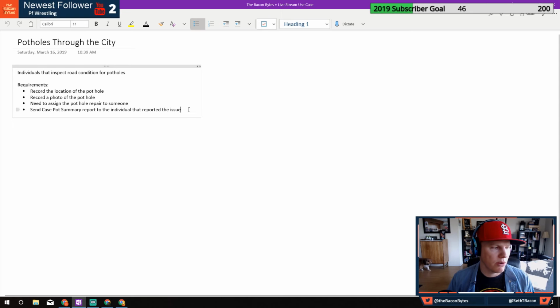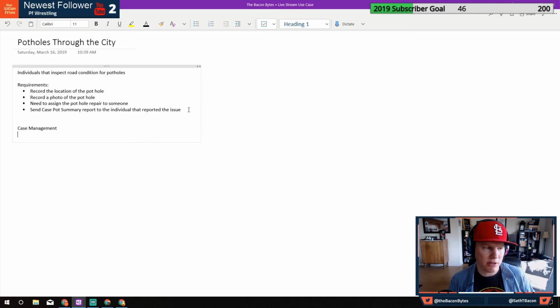A couple of things that we're going to work on. You can see the little Watson in the background there. It's going to be case management-ish. We're not using the out-of-the-box core functionality of the core components. What we're going to be using is case management. We're also going to do the portal, so that people can log the potholes and locations.